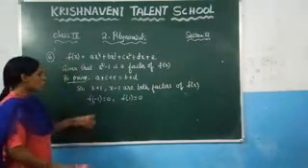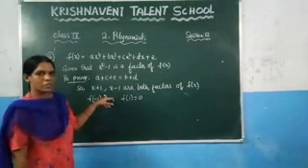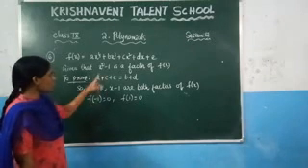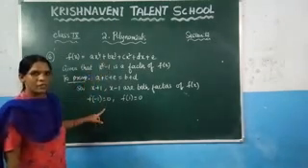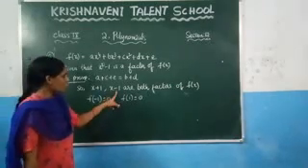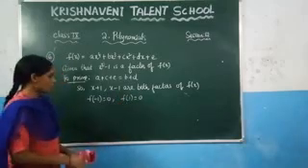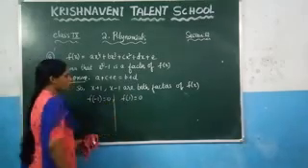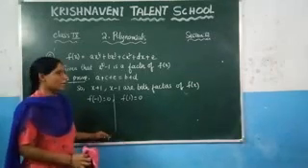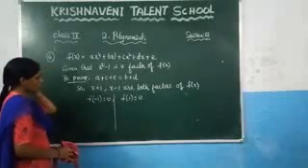Because what is the zero of this polynomial x plus 1? x plus 1 is equal to 0, you will get x is equal to minus 1. So if you substitute minus 1 in place of x, you will get the remainder as 0. So you get f of minus 1 is equal to 0. Similarly, what is the zero of x minus 1, which is 1? So you get f of 1 is equal to 0. Now here we got two equations. Based on these two equations, you will get two more equations, and based on that you need to prove this. Now here f of minus 1 is equal to 0.